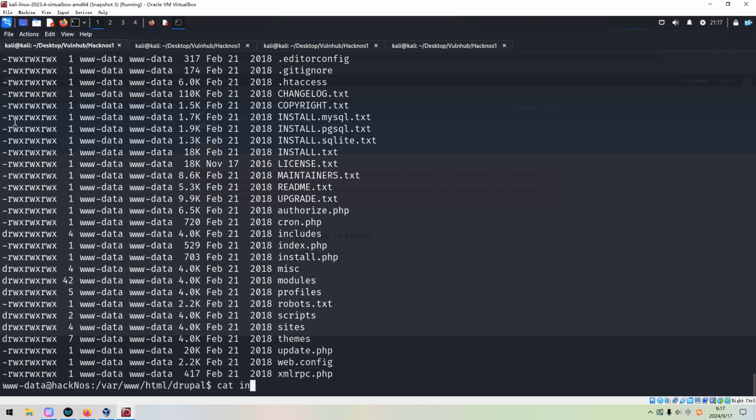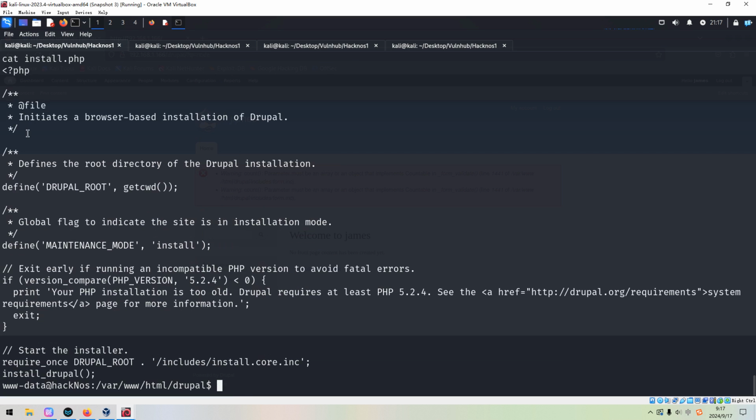So next, I think we can look at a lot of files. We can cat out the install. Nothing there, and we can export the TERM variable, so we can clear the screen. Okay.